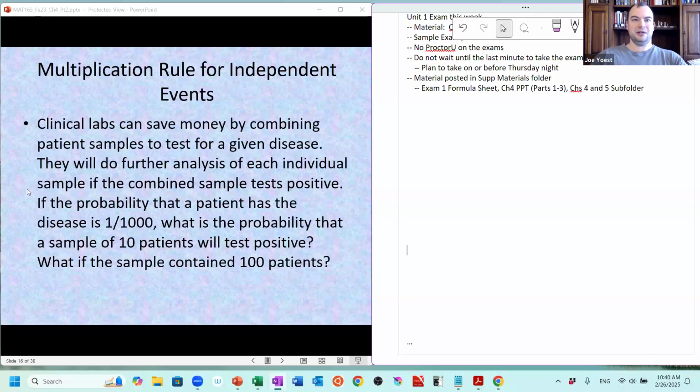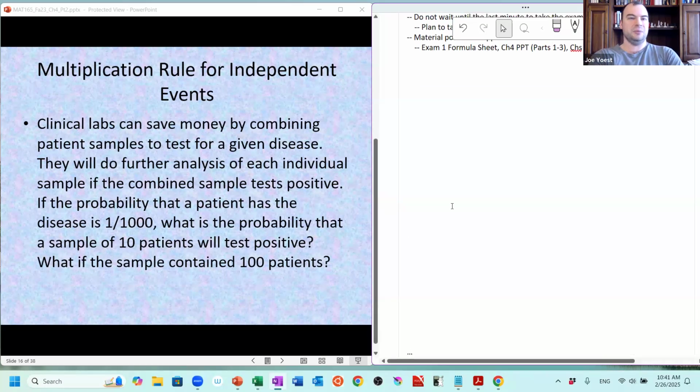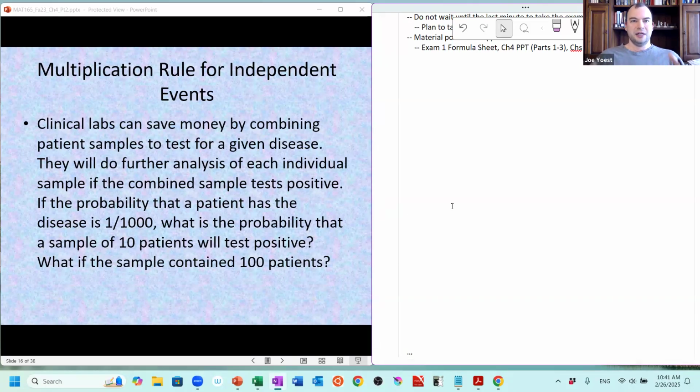So if this was a disease that I think has a high prevalence in the population, if I think that 90% of people are positive, I'm probably not going to pool samples at all. But even at the height of COVID, at any given point in time, not a high proportion of people had COVID. I'm not making any kind of general statement here, but numbers-wise, on any particular day, maybe a couple percent of the population or something at most had COVID.